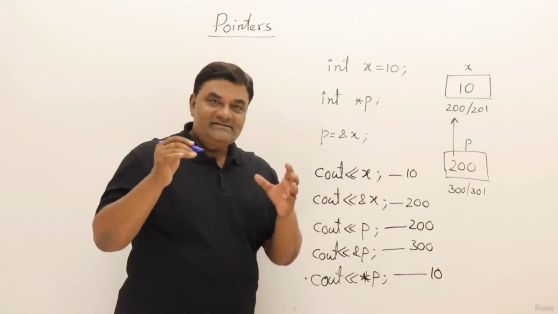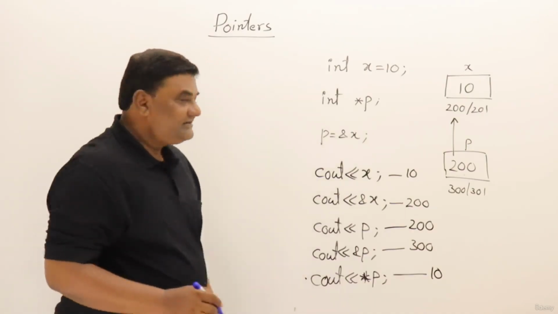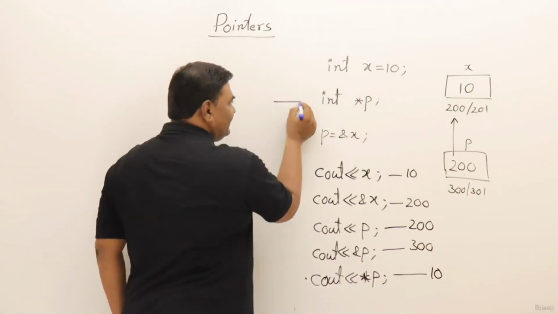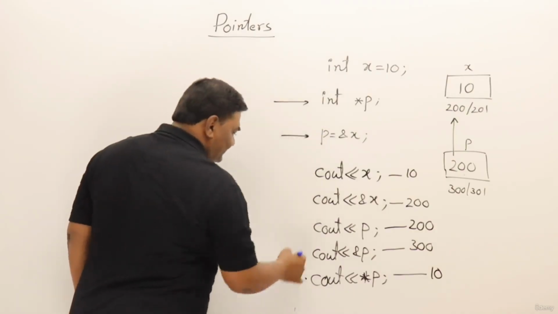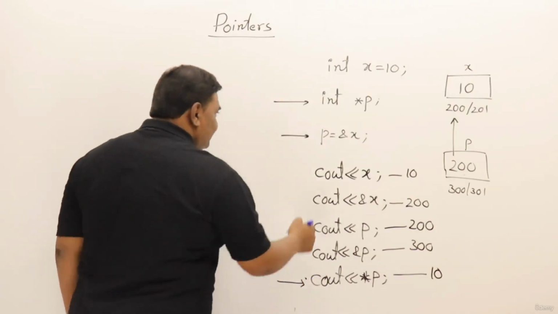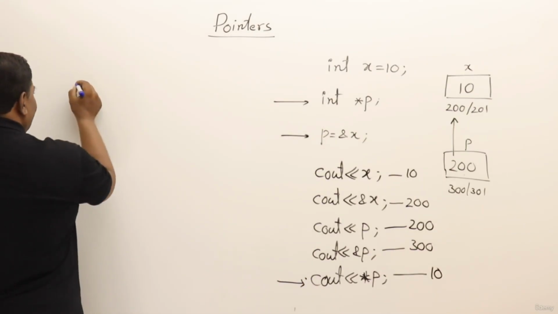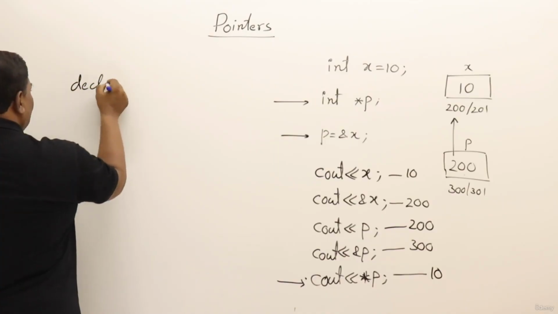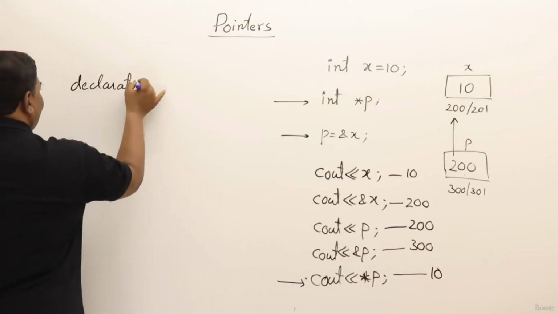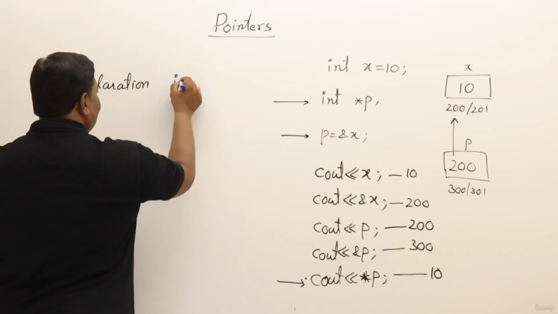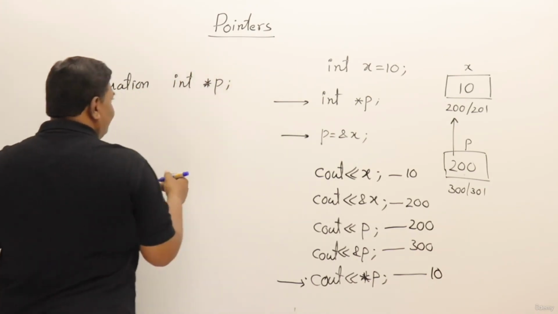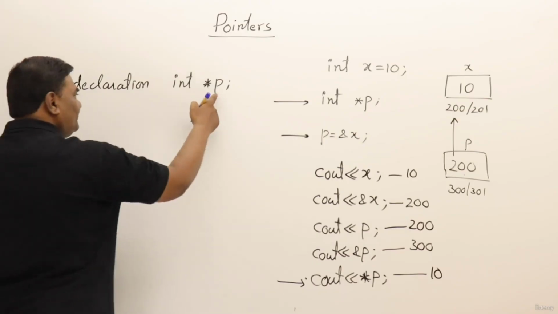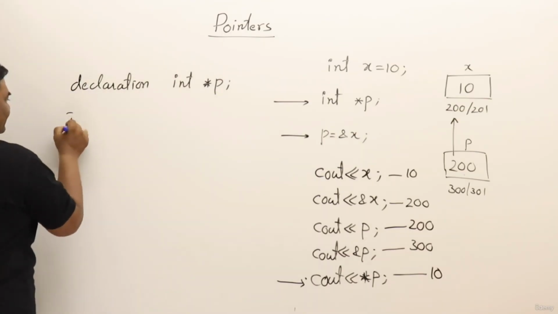For pointer syntax, there are 3 statements that are important. The first one is this line, the declaration, and this is the initialization, and this is the dereferencing. I'll write down those 3 lines here. The declaration of a pointer is a little different from normal variables. That is, we write star in front of a variable name. Whatever name you want, you can give it. Then next is